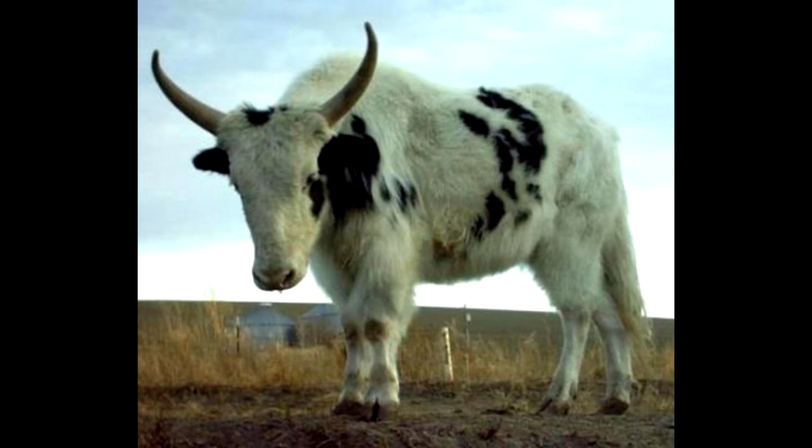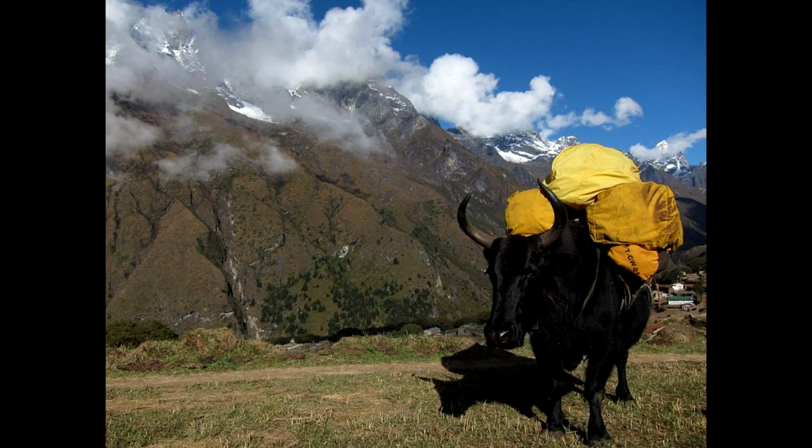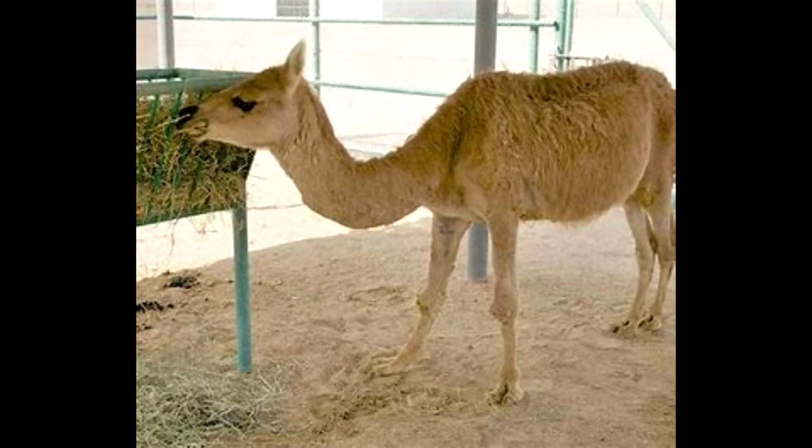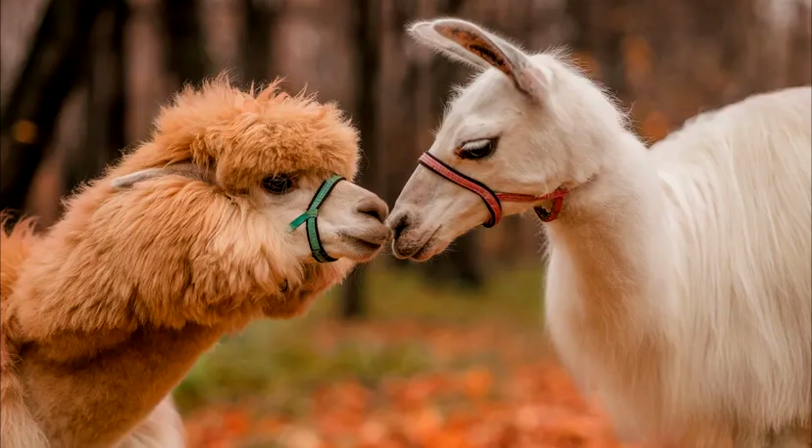These animals were originally bred in Tibet and Mongolia as working animals, as they are a lot stronger than either of their parental counterparts. 7. Kama. The kama was created in a laboratory in Dubai and came from breeding a male dromedary camel with a llama. This animal was created with the purpose of making something with the size and strength of a camel, but